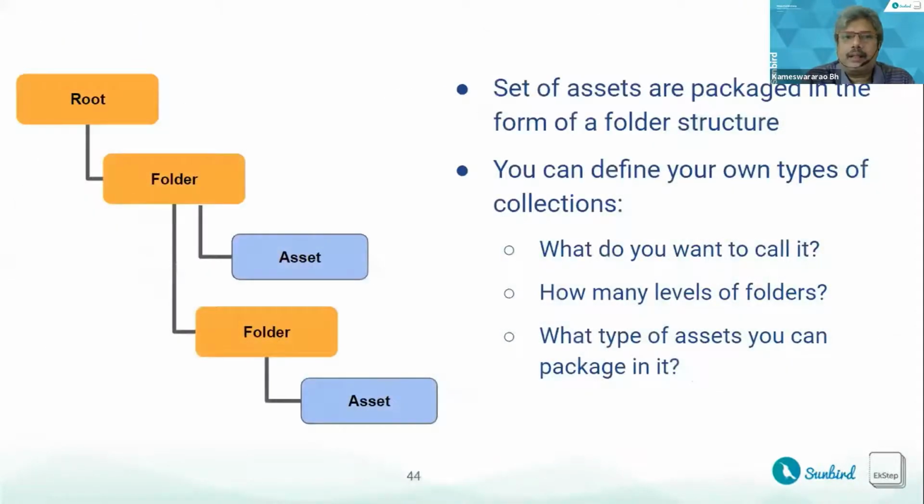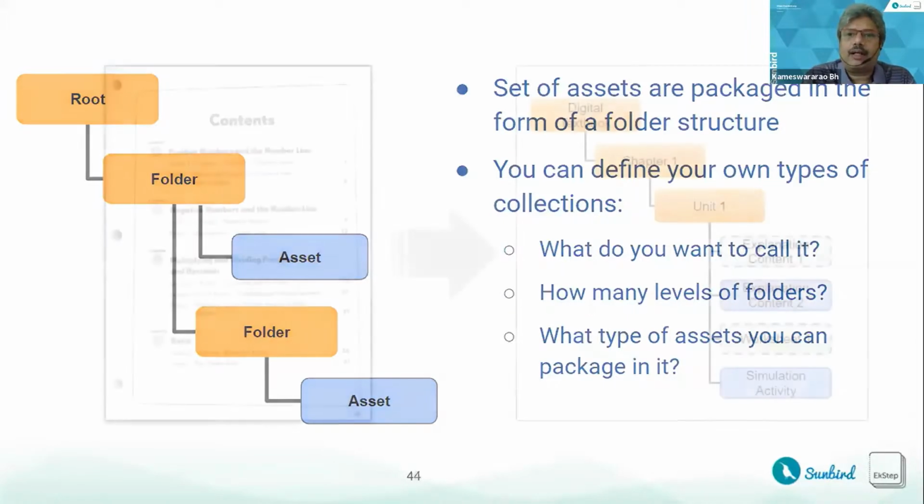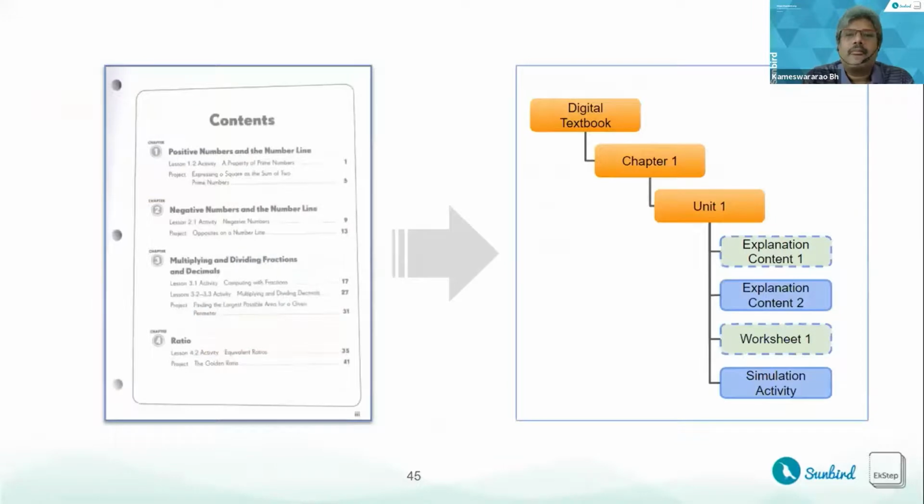So it's nothing but a hierarchical folder structure where you can define what you want to call it. You can call it a textbook or a handbook or a course or a project, whatever it is based on your domain. These are not hard-coded inside Sunbird, so that it becomes generalized, like what JB was saying, and you can configure it based on your domain. You can even say how many folders this should have, what type of assets it should have, and then create such collections and give them for easy and relevant consumption, right?